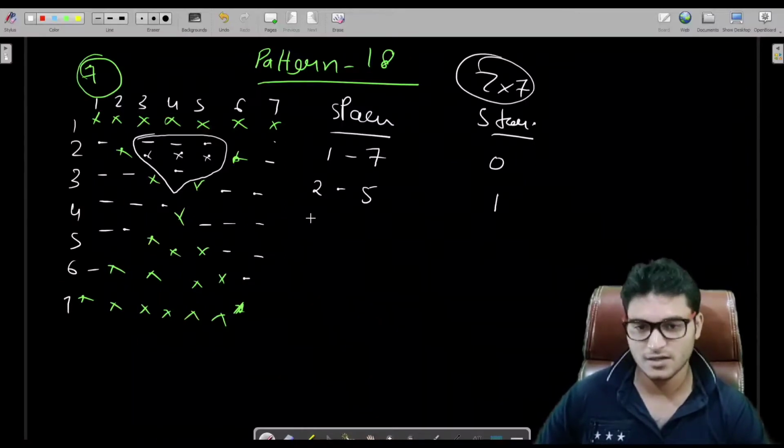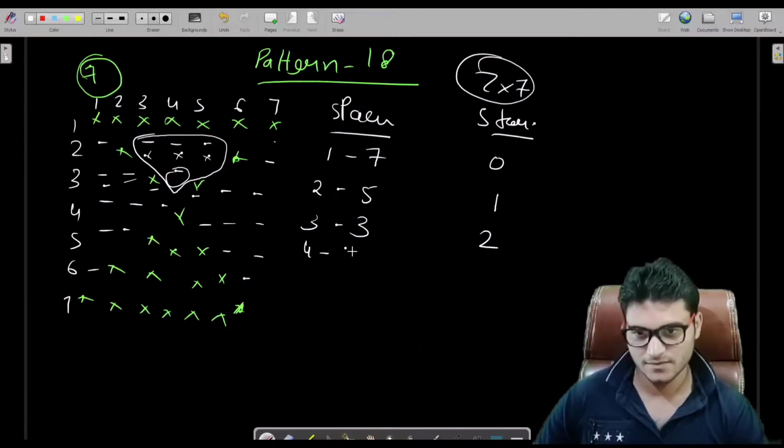Fine. So in the third row we are having 3 stars. Why? 1 star is this, 1 is this, and I'm assuming this star as a filled star. So there are 3 stars and 2 spaces in the third row, 1 2. In the fourth row we have 1 star. Is it really 1 star?